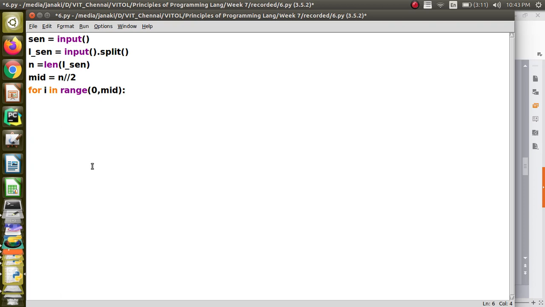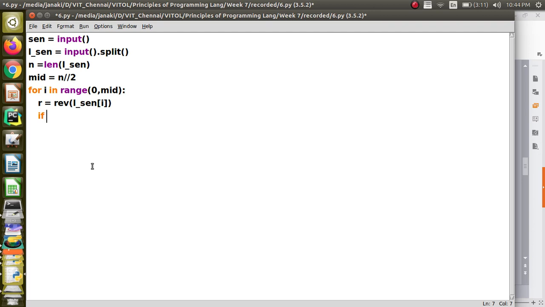Okay. So now I have to check, or else what I can do is I can say r is equal to, I can write a function now to find the reverse of l underscore sentence of i. I am going to find the reverse of that particular word and store it in r.